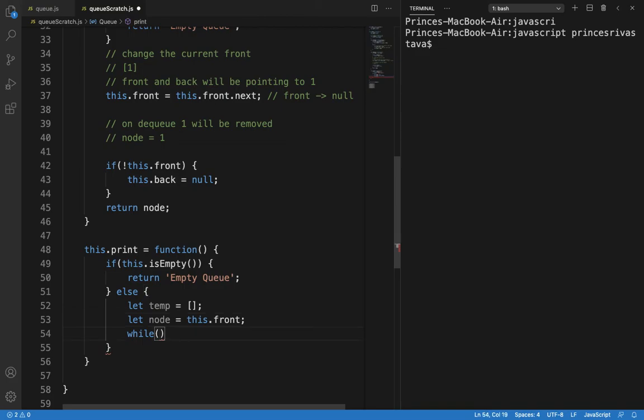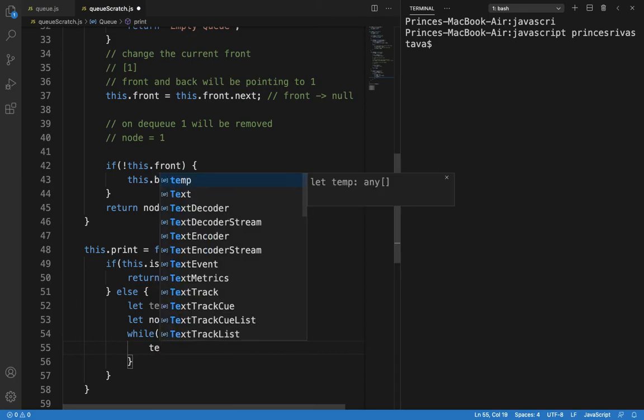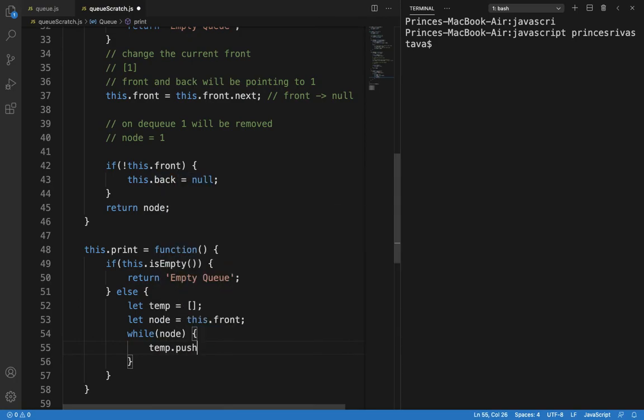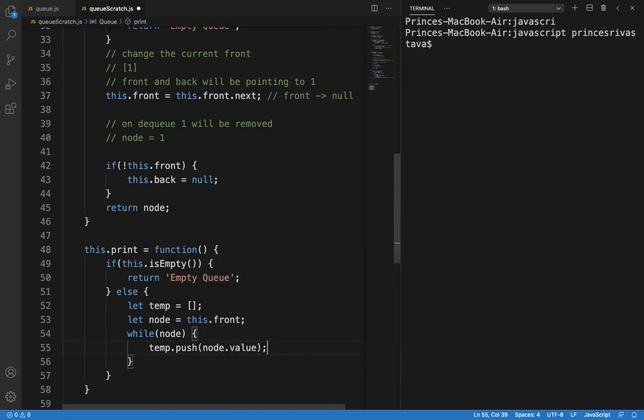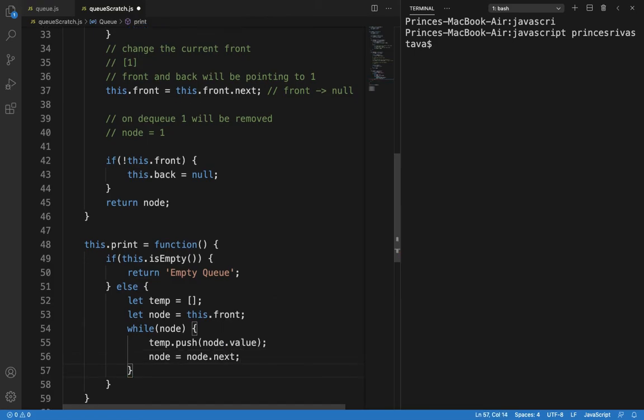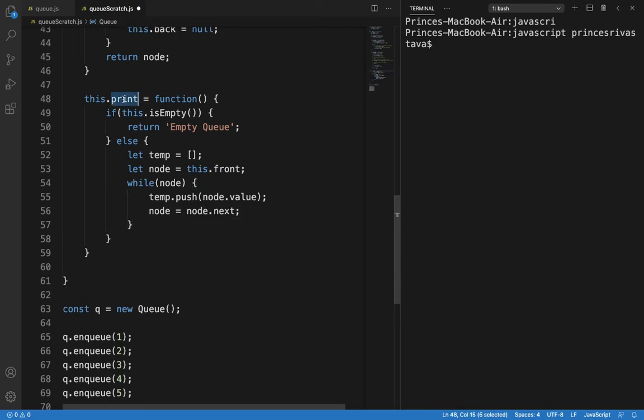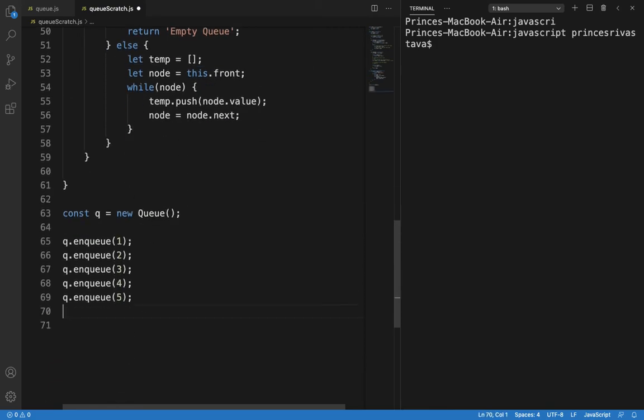While node exists, we will push the node dot value, and change the node to node dot next. This will be used in printing the queue. Now let's print here, q dot print.